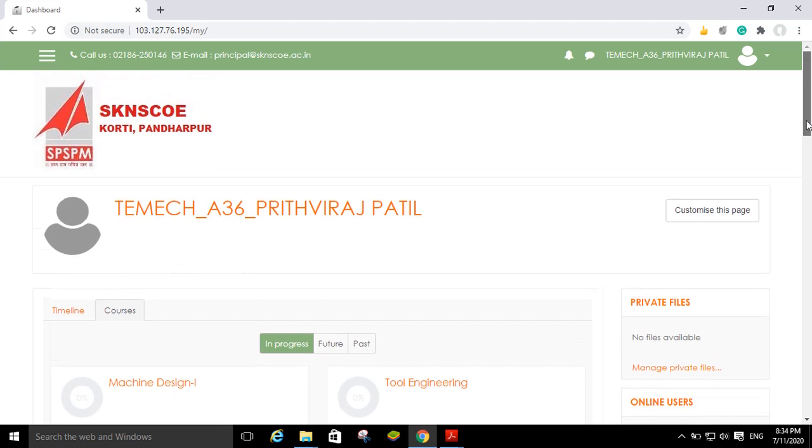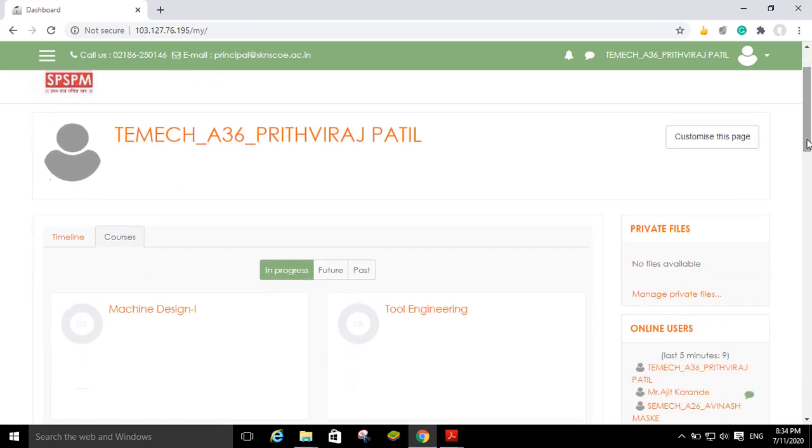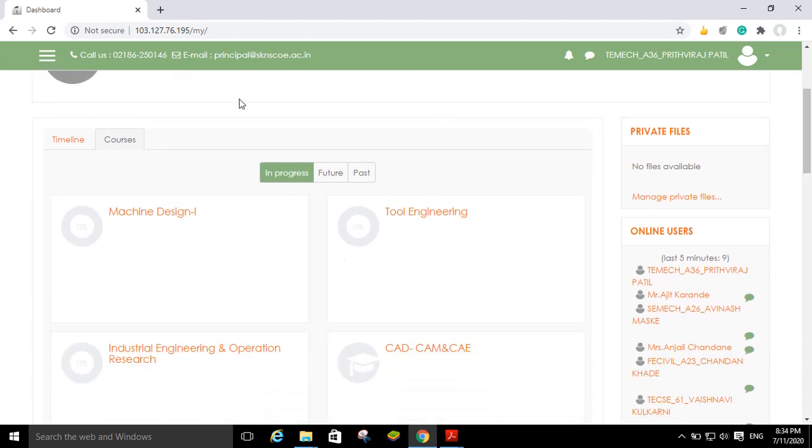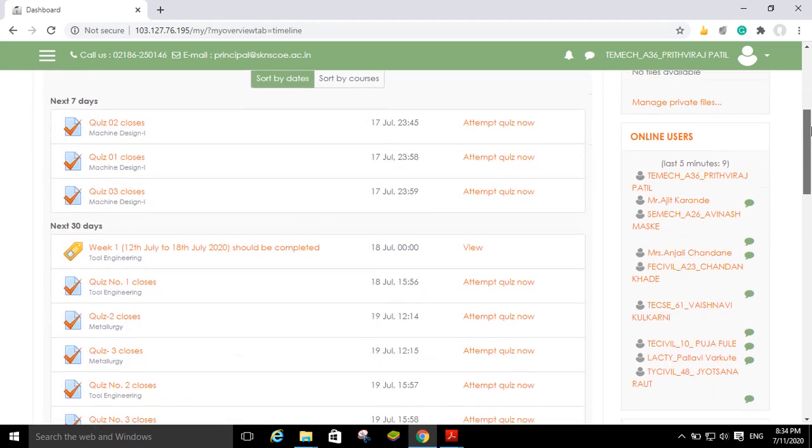This is the dashboard of this Moodle website. Here you can see your name as per the profile that you have changed, that is your class, division and roll number, and your name. Then here there are two options, timeline and courses. So if you click on this timeline option, you can see what activities you have to do in the coming